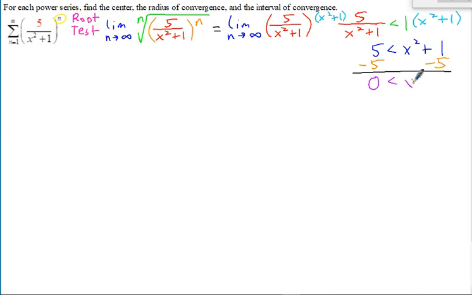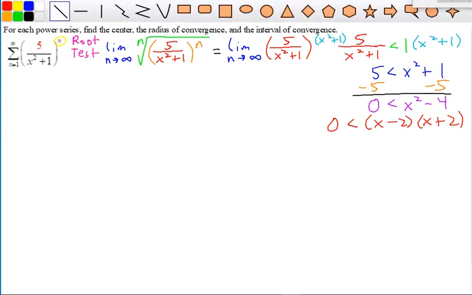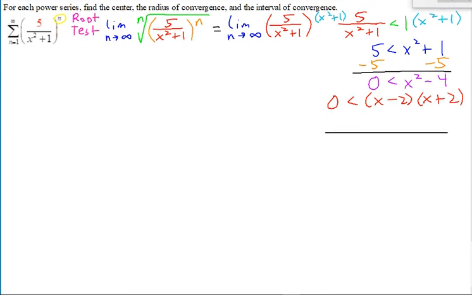So you can see you get x squared, 1 minus 5 is 4. And then you can see that factors, as a difference of perfect squares, into x minus 2 and x plus 2. And so 2 and negative 2 make this exactly equal to 0. So the easiest way to see where this inequality is true is by putting them on the number line. Negative 2 and 2. Both of those make it exactly 0. And then when you test,